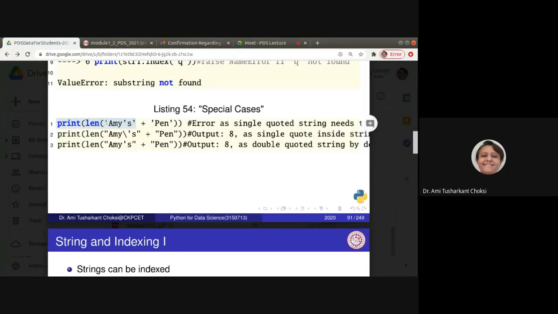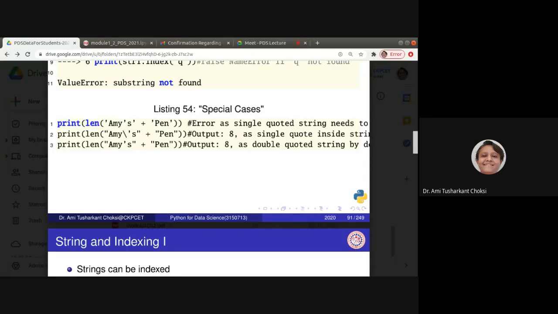Let us say a single quote starts, Ami, and again a single quote is there. It is an apostrophe, and you understand that. But are we having a compiler? No, we are having an interpreter. So is the interpreter going to understand this? No. It will simply give an error. Typically we are in a hurry and consider, oh, it is apostrophe s, so we should consider it.